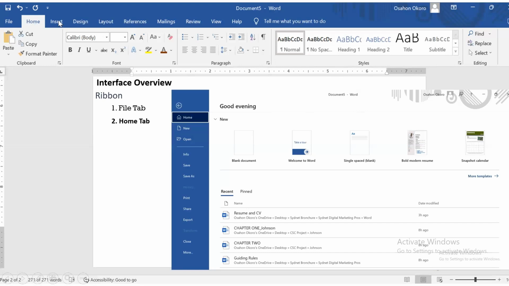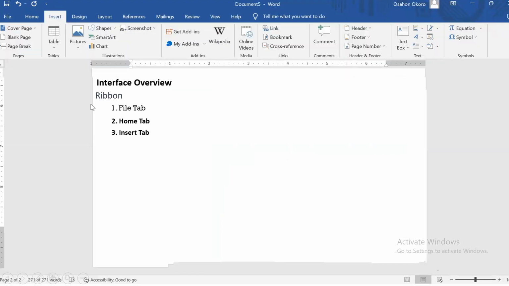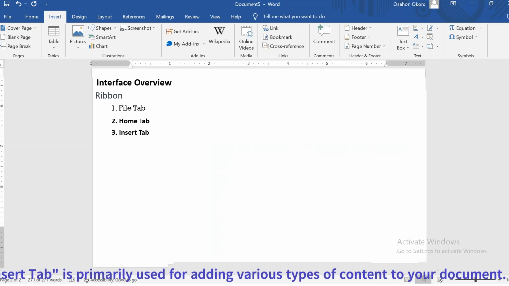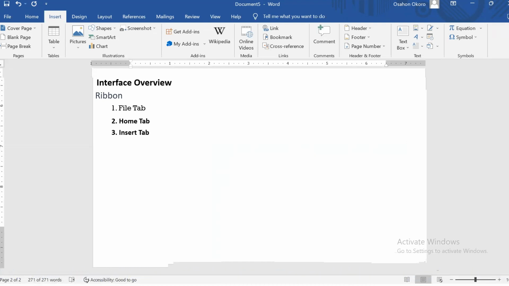Now, the next tab we should look at is the Insert tab. On the Insert tab, this is where you have the various commands that will help you insert information into your document.